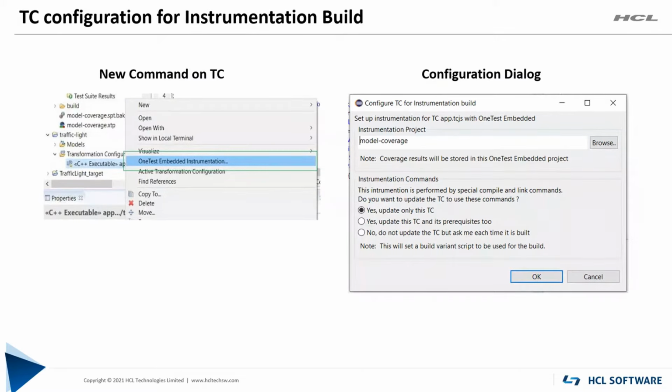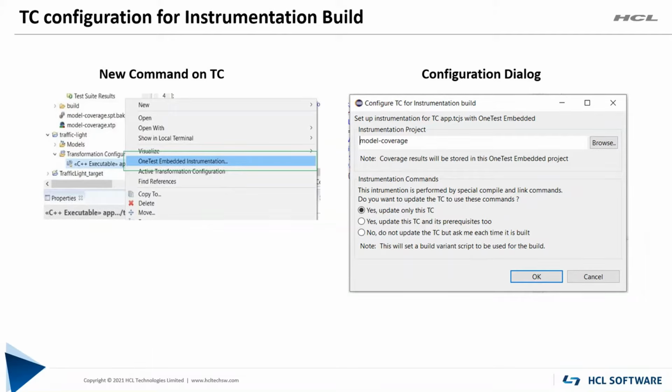To do instrumentation, we need to do the configuration in TC, or else we can use the build variant script to configure the instrumentation. Instrumentation is done via special commands, which will invoke the One Test Embedded builder. For that, we have provided a new command on TC, which will populate the dialog we are seeing on the right side.